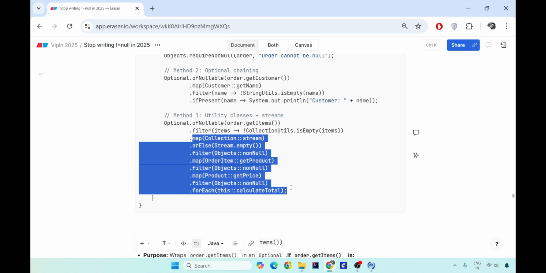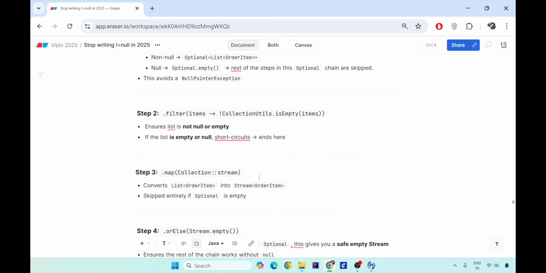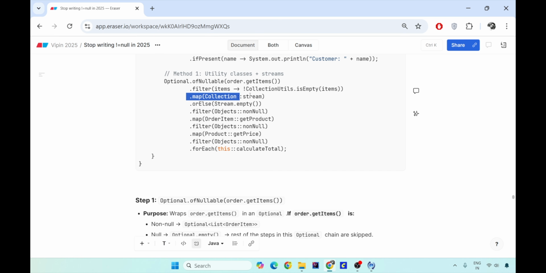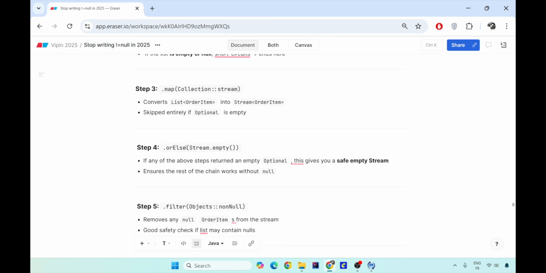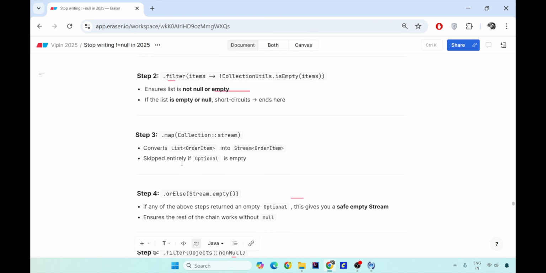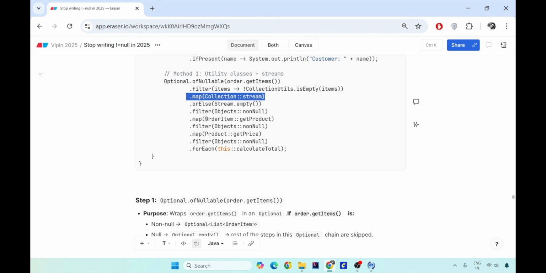But if it is not empty, it will wrap it up into the optional of list of items. Now this optional of list of order items is then mapped to a stream. So now this collection is now a stream. Now you check if any of this has an empty object, then return Stream.empty.